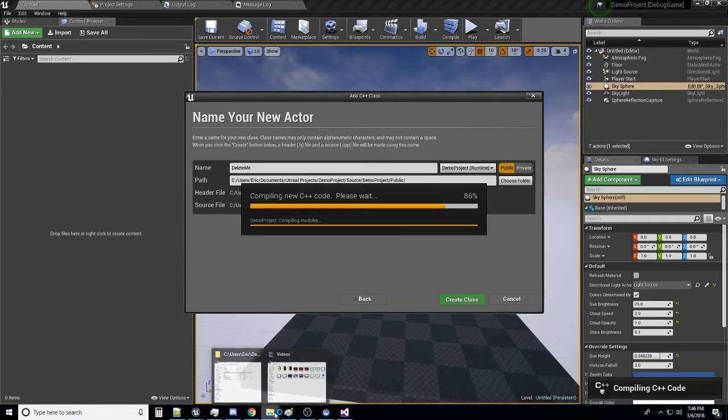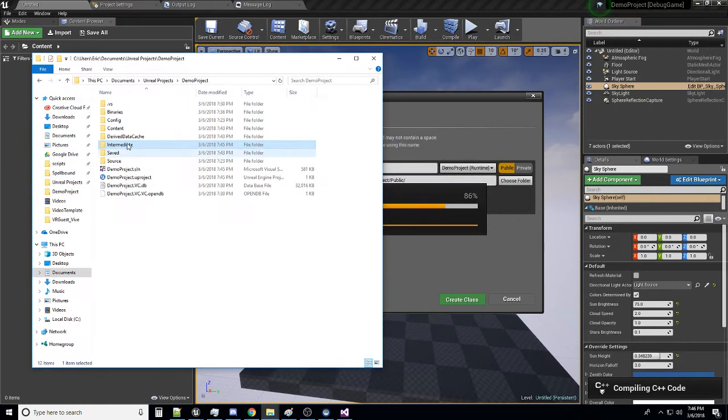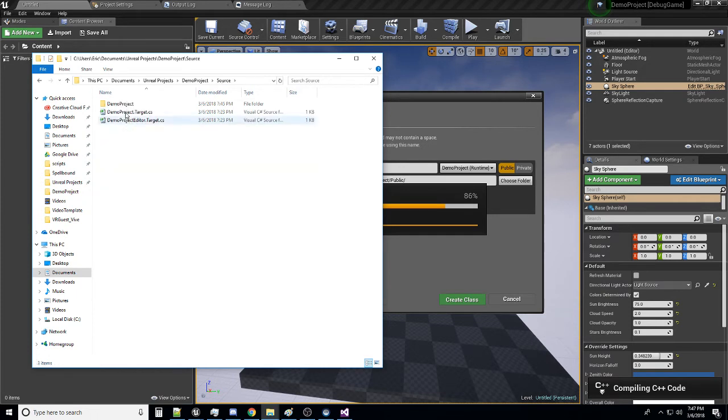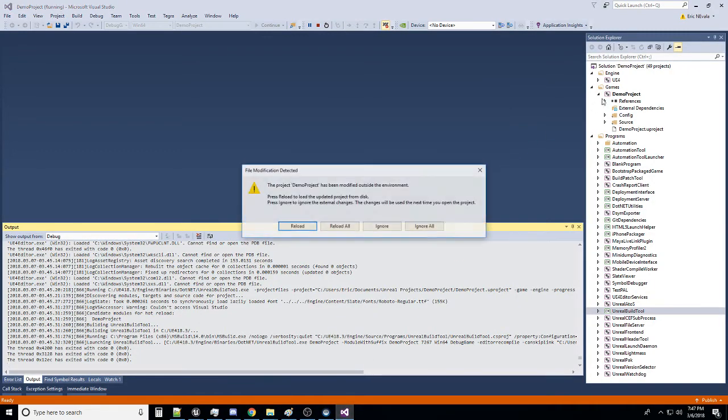Anyway, while that's running, just to save time, you'll notice that once we launched Unreal Engine, we've got a whole bunch of other folders. Now we also have this derived data cache folder and a saved folder. And we also still have this intermediate folder. The folder that we're interested in is this source folder. You open that up, you open up demo project. Now, you'll notice that we also have a public and a private folder now. These didn't exist previously. And I think if we open up Visual Studio,